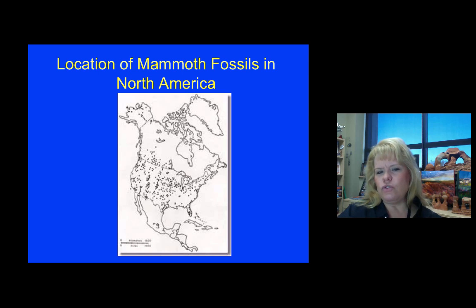What I want you to notice in this diagram, the dots represent fossil finds of mammoths in North America. And even since this map was made, more have been found. But let's put the Cordilleran ice sheet here. You put this part of the Laurentide here, and then you put the Labrador right here, the other part of the Laurentide. And do you see why there's not a whole bunch of fossils of mammoths found in that area? Because that's where the ice would have been.